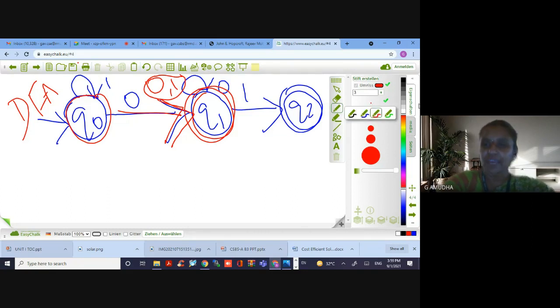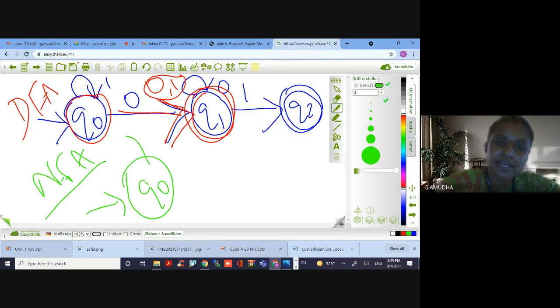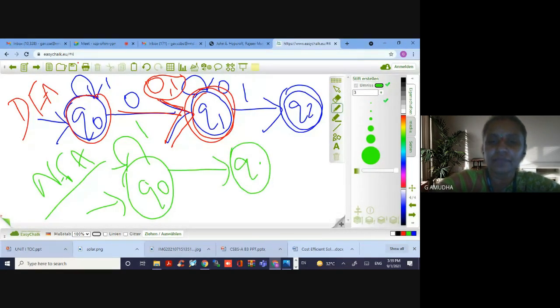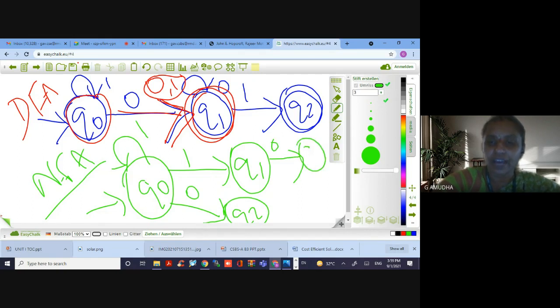Whereas for NFA, I'll draw it. From Q naught, let us consider I have 1, similarly I have 1, and I have 0. Don't get confused if I draw another different arrow. Then Q2, and on 0, I have Q3.